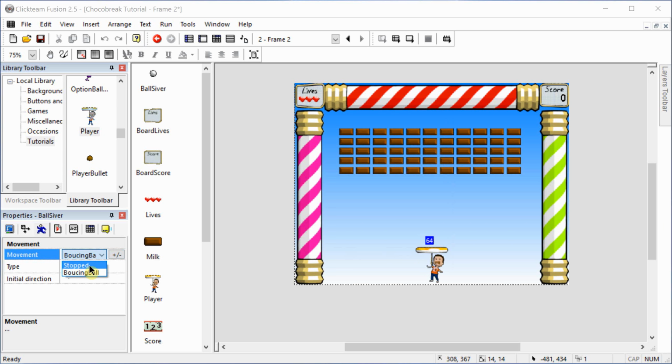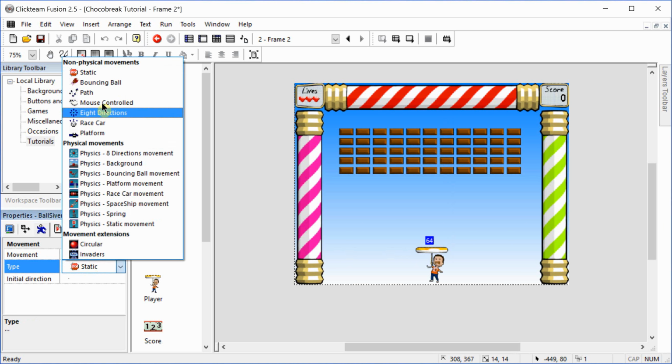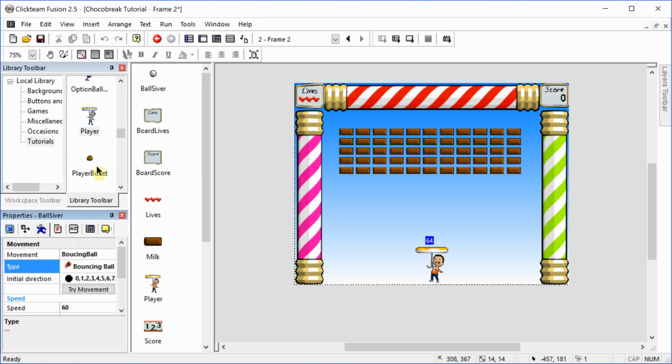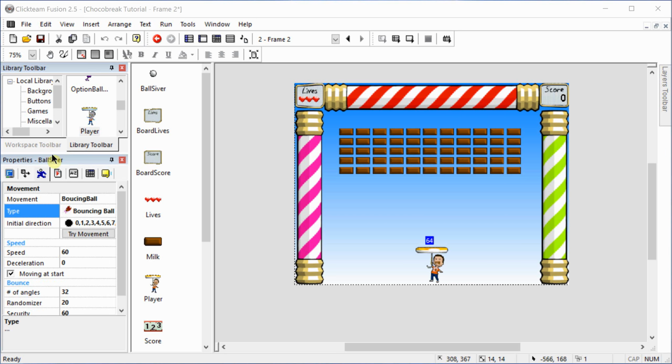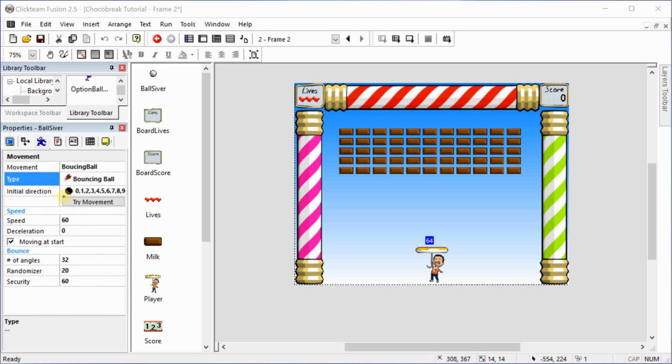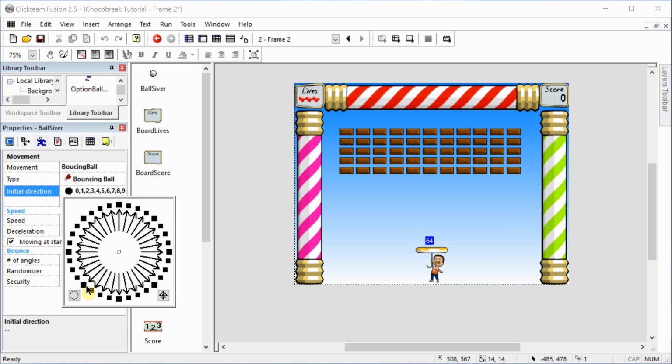And with the bouncing ball movement selected, we're going to change it to bouncing ball and change a few properties of it. We're done with the library and workspace, so we can just drag this up so we can see the properties better. And we're going to change the initial direction. We want to clear all, and we want to have these 4, so 13 through 10